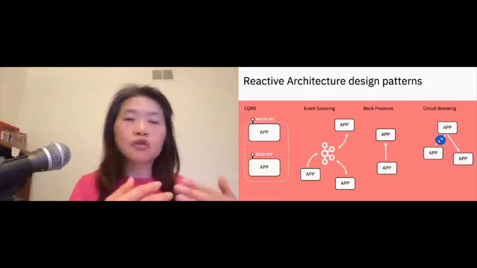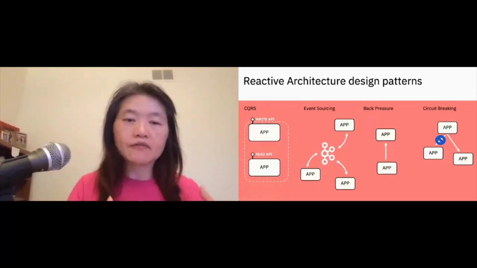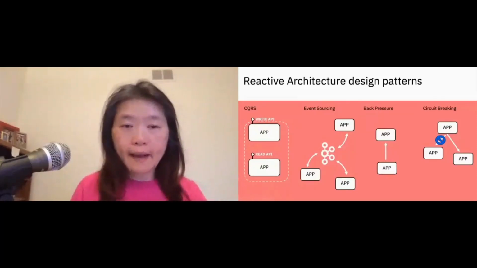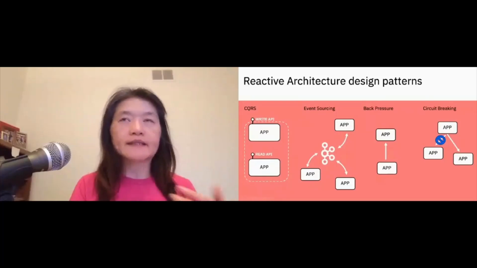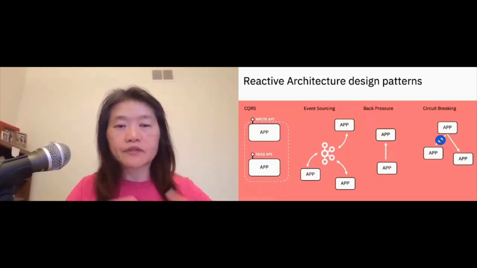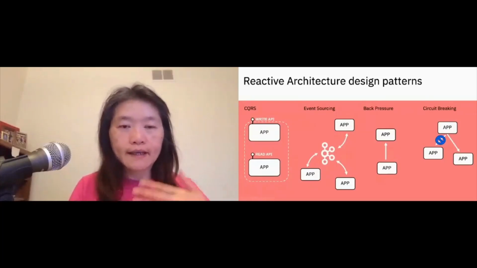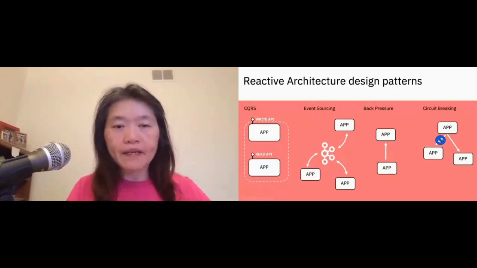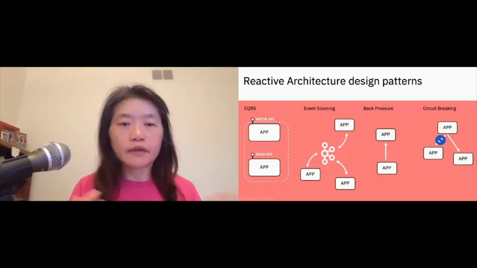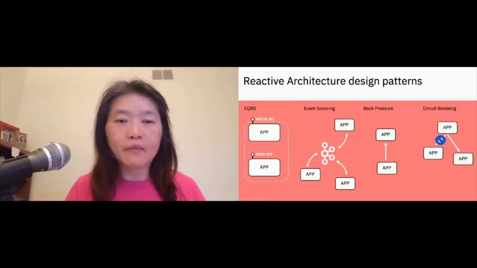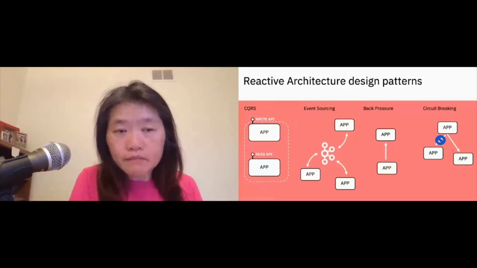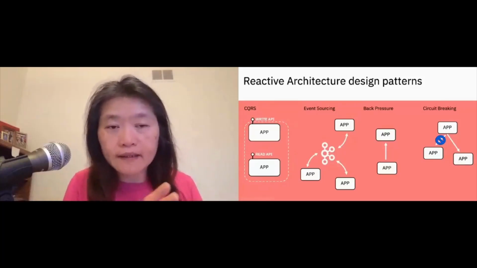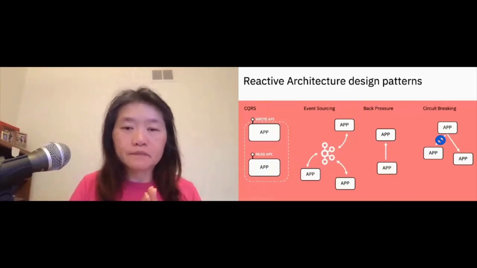So you use the approach of event sourcing, where you are storing all the events themselves. If you need to trace back to see what has happened, you do a replay. You keep track of all of your events, and then you can replay what has happened. That's how you find out the state of your data. It's a different approach, and it's also used pretty often in reactive style systems.